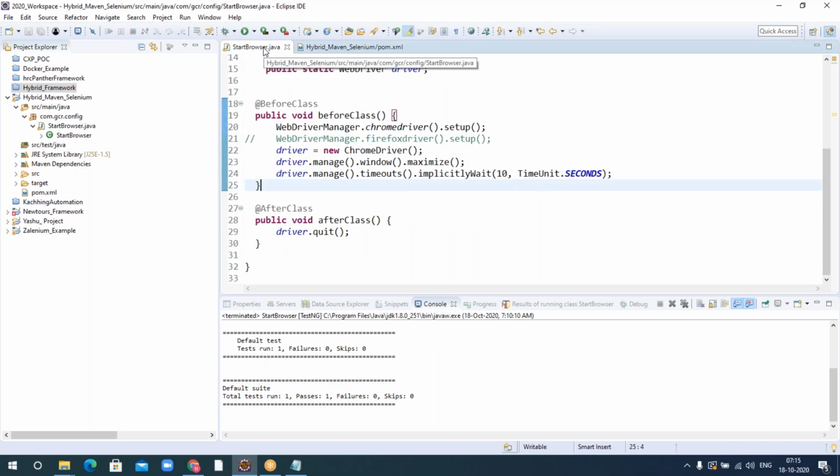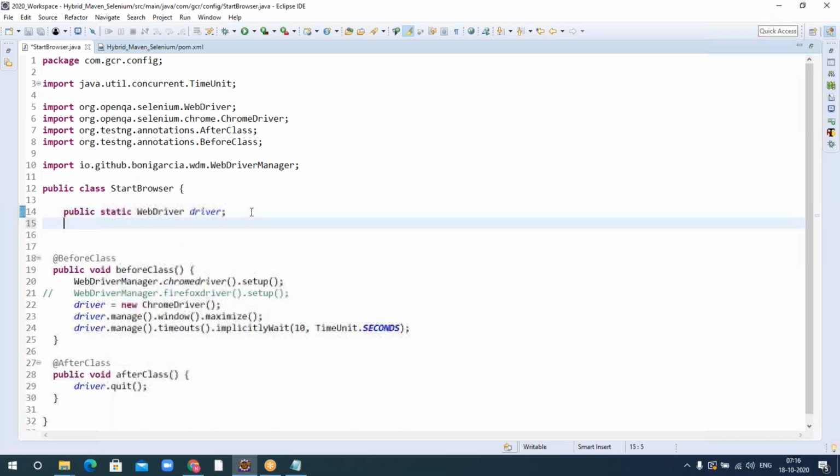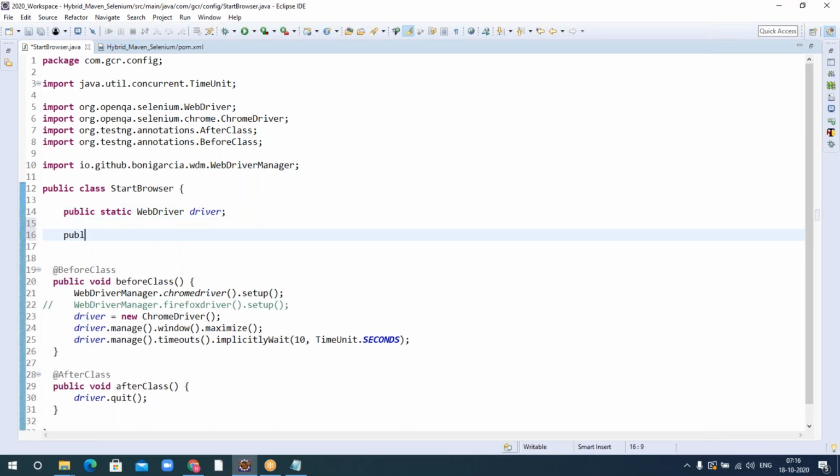Now I'm going to write some code which is related only to reporting. So this is only a one-time setup, and if you are working in an organization, somebody will write that for you. You need not worry about how the framework structure is happening in the reporting, but still we are going to write it from the class. So for this, I need to write a couple of variables which are required in order to create that report. Okay? So public static. Don't worry about these variables, because we are going to use them in the next step. Now I'm just initializing, but I use them in a later step.